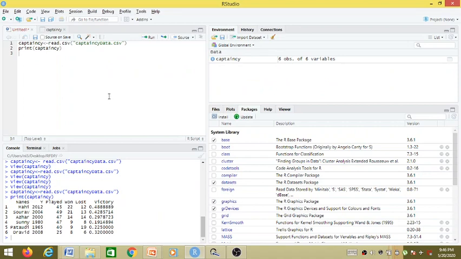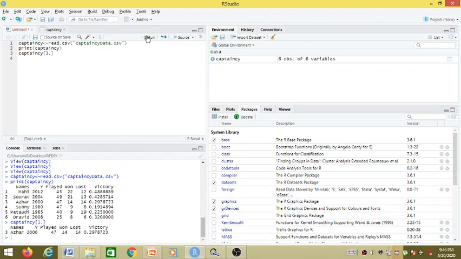So our captaincy data frame, and inside brackets we are providing the third row but no column information, so it will extract the entire row, as we can see in the output. The entire third row has been displayed with all the 6 columns.